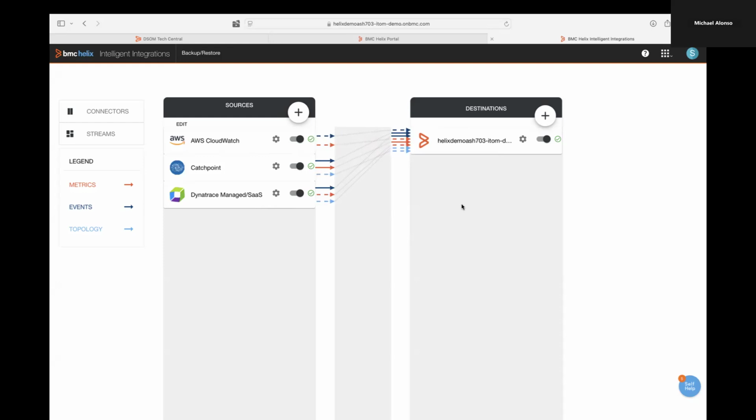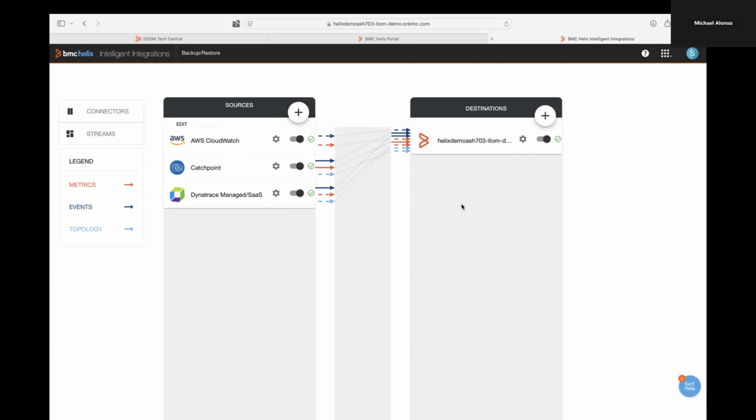And then the last thing is something that BMC is doing that very few, if any, people are doing, and that's third-party integrations for topology. As I spoke about just a few minutes ago, in this case, you're going to see topology information coming in from Dynatrace. Why is that important? Well, it's important because in this case, Dynatrace has a different discovery technology than we do. We're looking at the physical plant, server, storage, network, cloud, things like that. Dynatrace is actually looking inside of applications and the data calls that are going on inside of the applications. And we can layer those on top of each other.